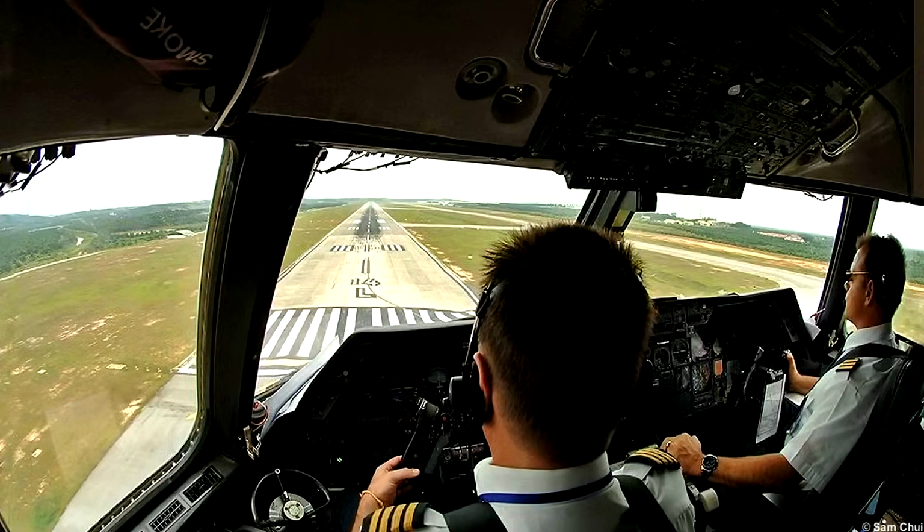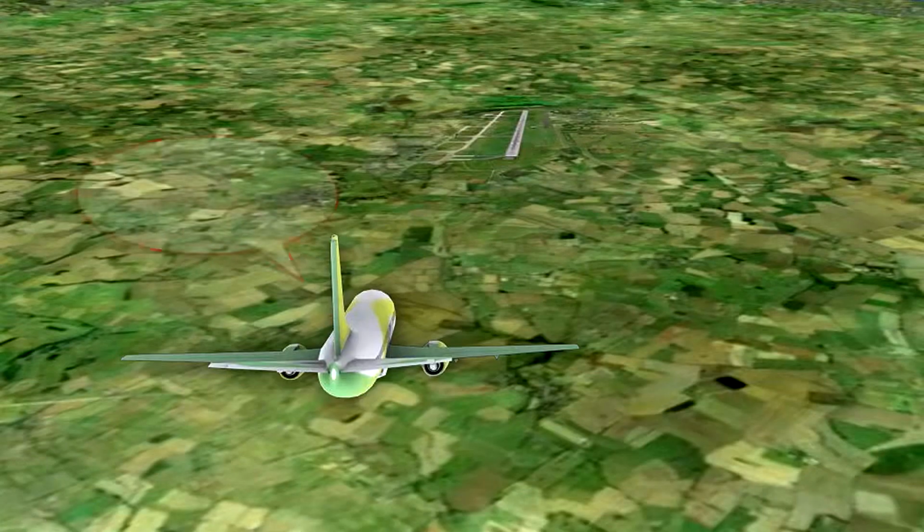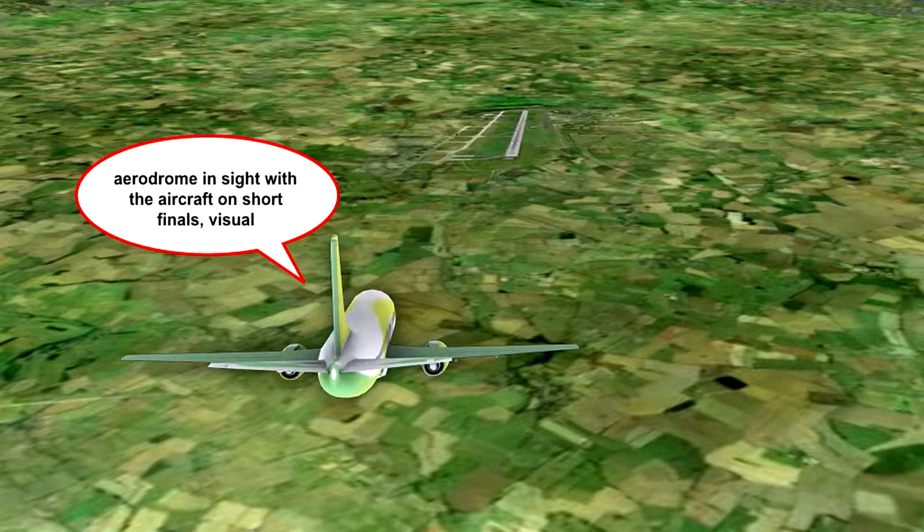Should a controller vector an aircraft through the center line of the final approach track, then the pilot will be informed why this is necessary. If the aircraft is being vectored to intercept the localizer, MLS final track or other pilot-interpreted approach aid, the pilot must report when established on that final track. Radar vectoring will normally terminate when the aircraft leaves the last vectored heading to intercept the final track.